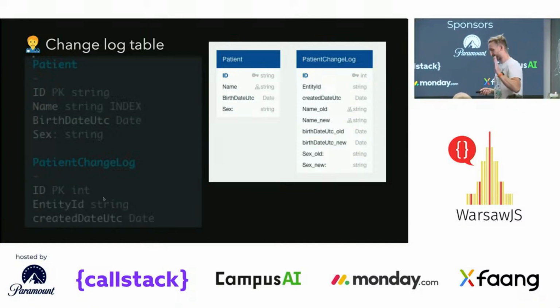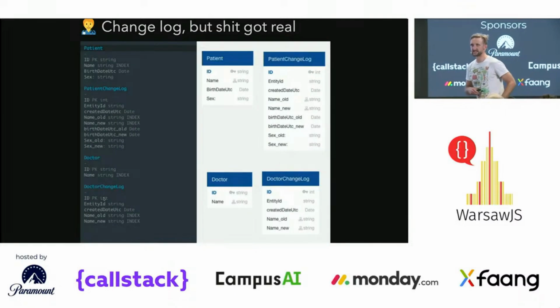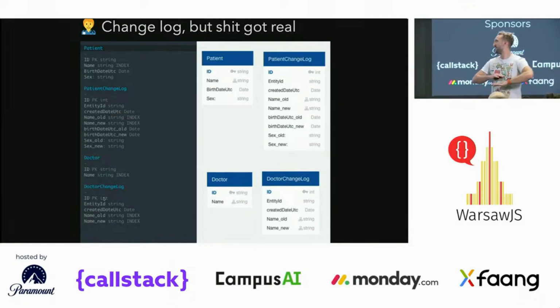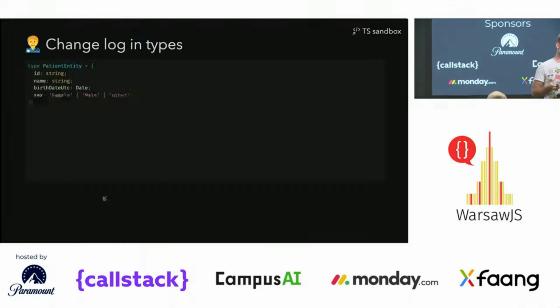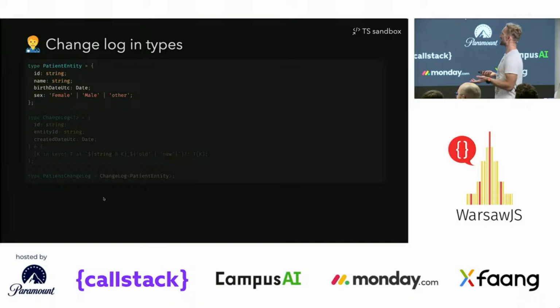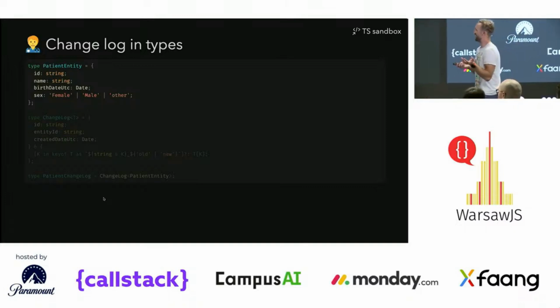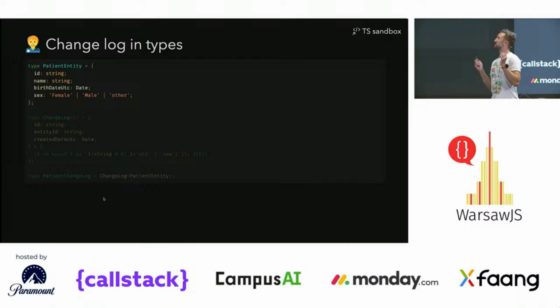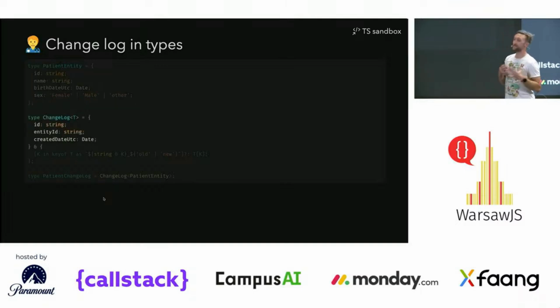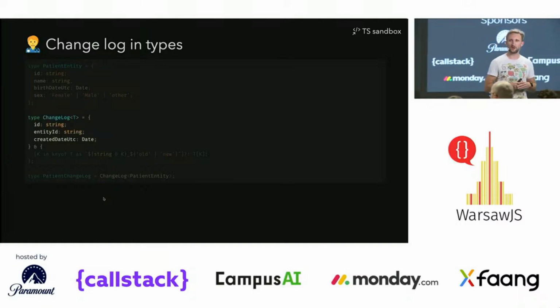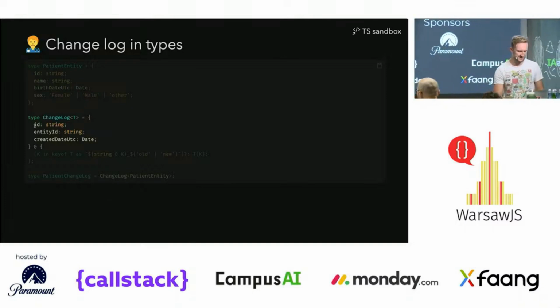And okay, let's just write it once and forget. But then it spawns over your system. Actually, every freaking table needs its sibling with the changelog. So we're lazy. Let's use our superpower, the laziness. And let's write down the helper for that. So we have the patient entity, name, birth date, sex, and our helper, the ChangeLog, which will have some fixed set of its own fields,